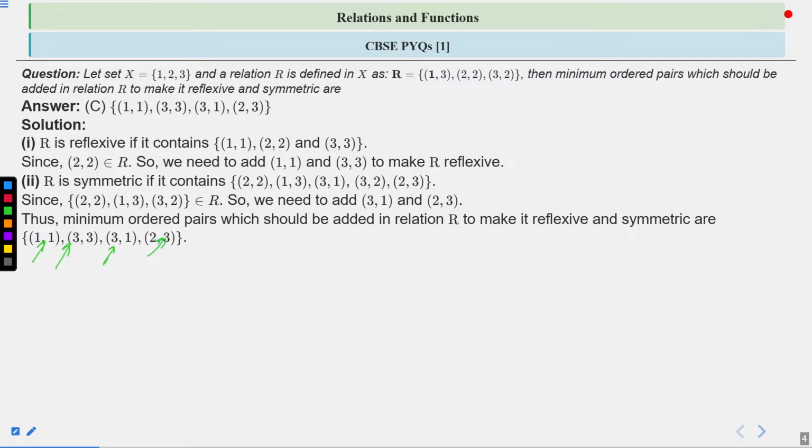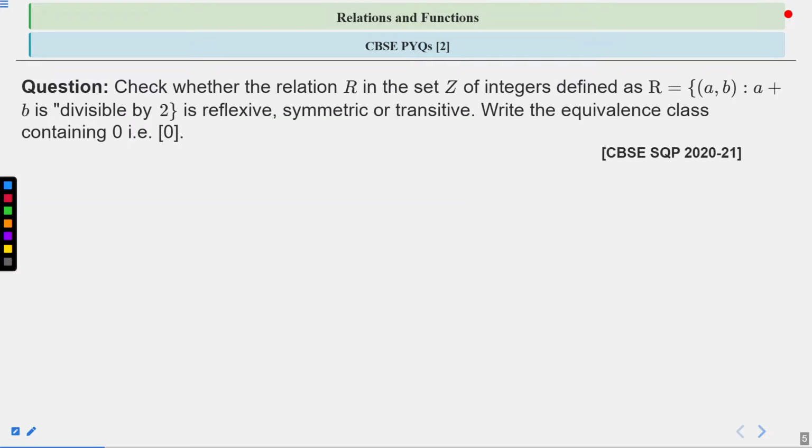Okay, let us move to the next question. So in this, option C is correct, right? So let us move to the next question. The next question says,